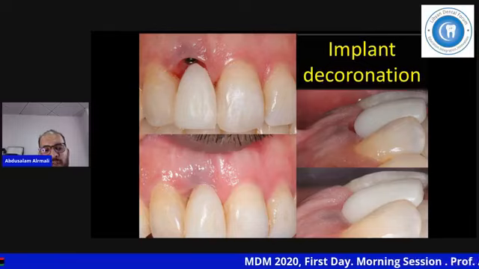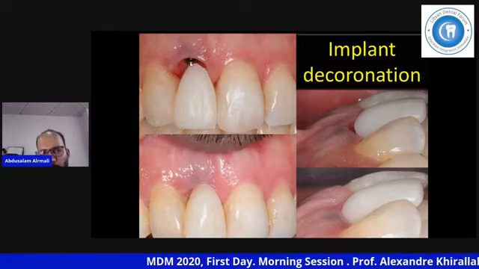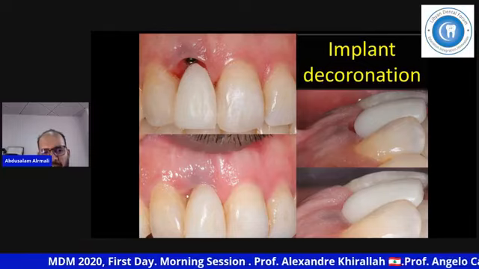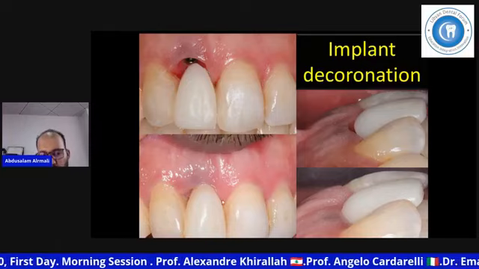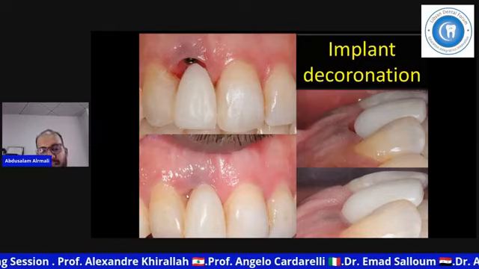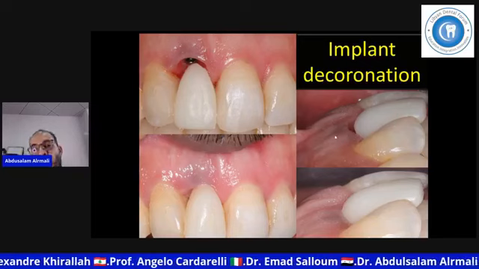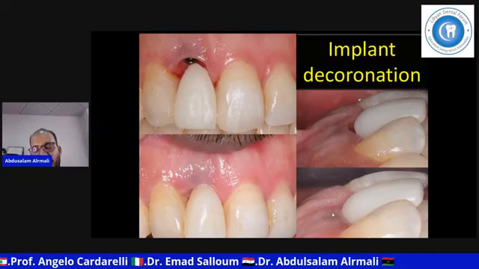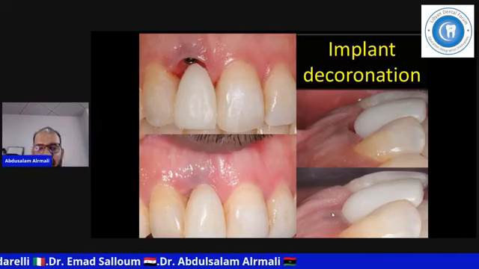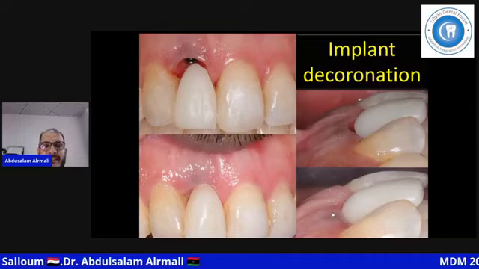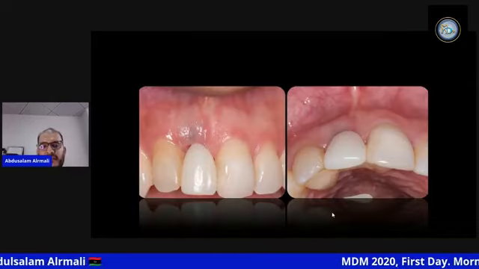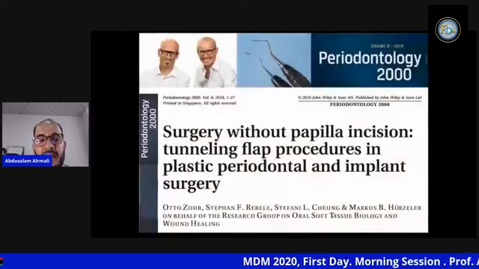You can see now we get about 1.5 millimeter. The papilla is still growing on this part, still growing on the other side. The gap is completely closed, but still we have some shadow. Now we can start from zero, either doing tunneling technique or vista technique to improve the thickness and hide